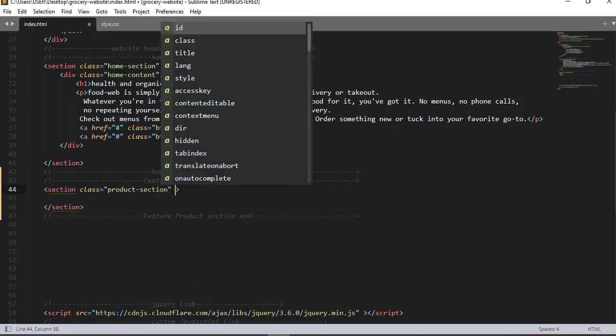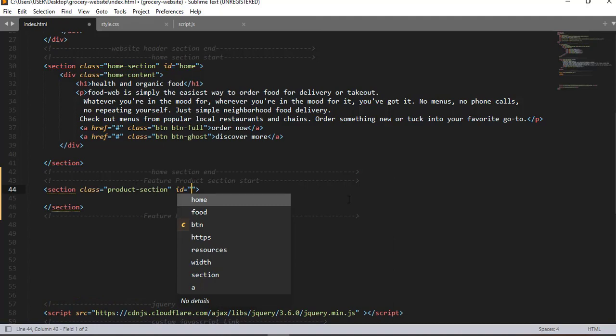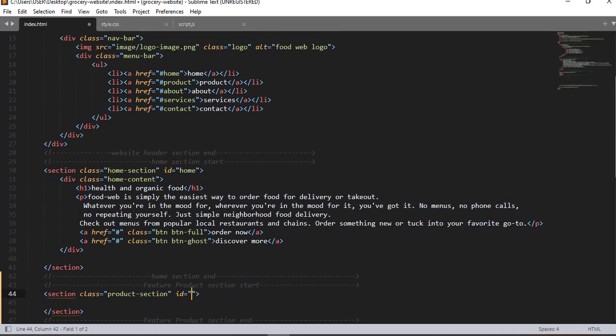And then an ID. This ID is very important in order to link this section with the navigation menu. So here you have the value of the attribute, and the value of the ID should be product in order to link this section with the product menu bar,